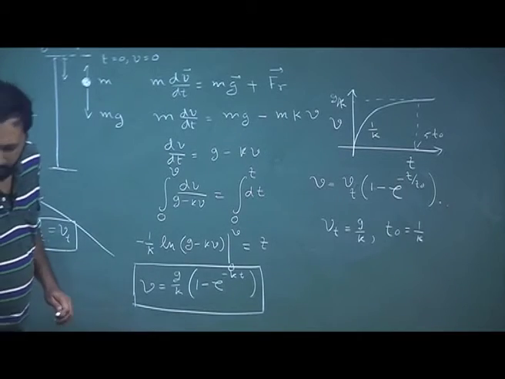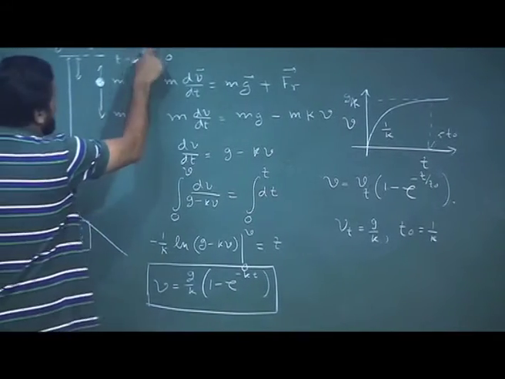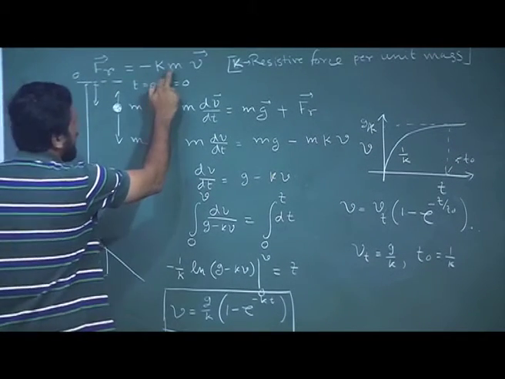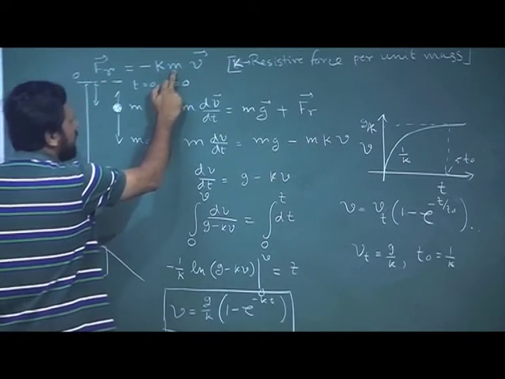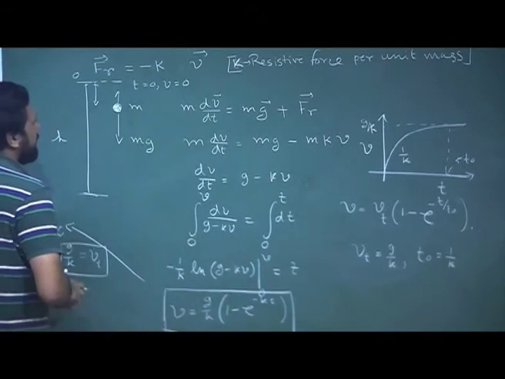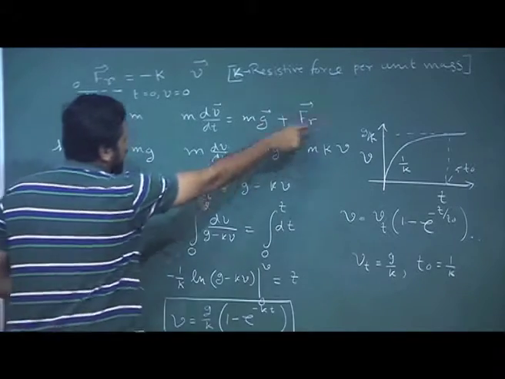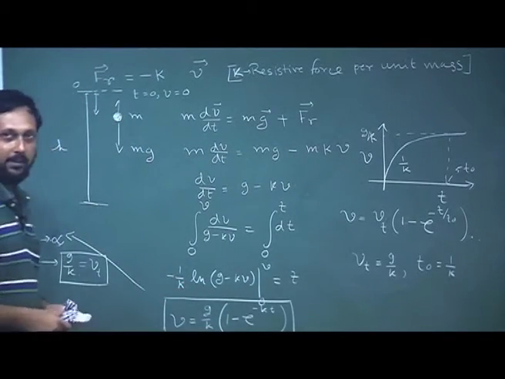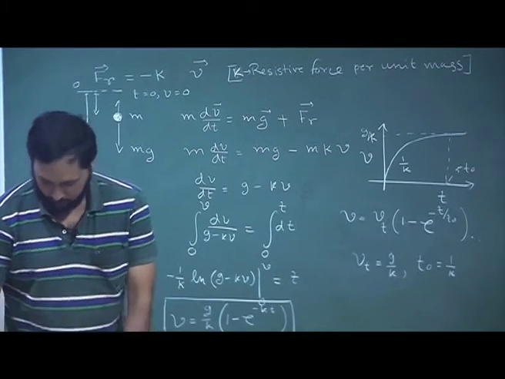Now, please remember, we have used minus kv here. Instead of taking resistance force per unit mass, if we simply take this expression as kv, then your equation will be modified and also your final expression will be modified. I will explain that in a moment, but for now